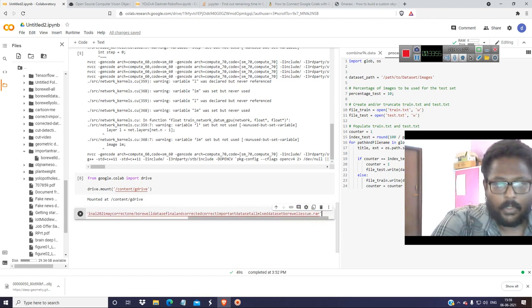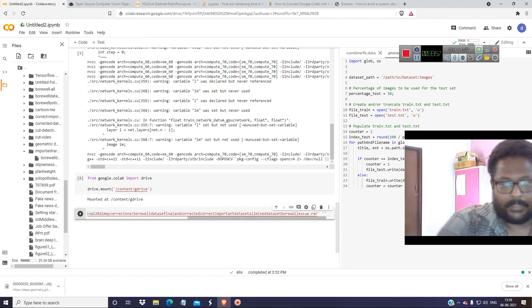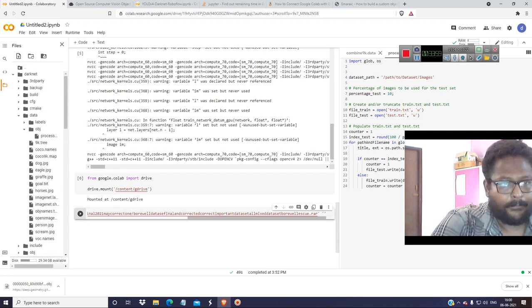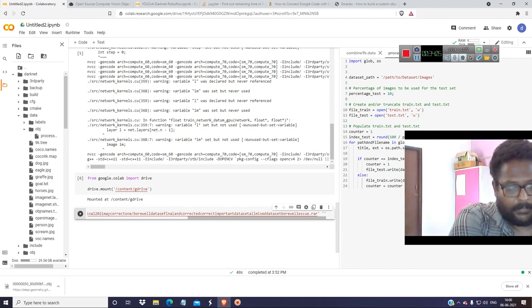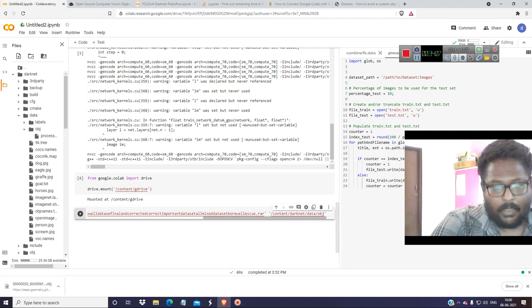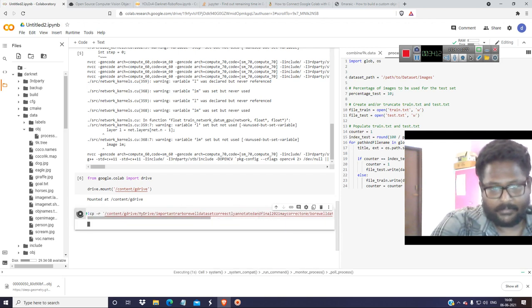Now go here, copy this path and paste it here. That's it. Now it will move the rar file inside, and after that we have to unzip it. It's a very big data set. You also have the obj.names inside it.